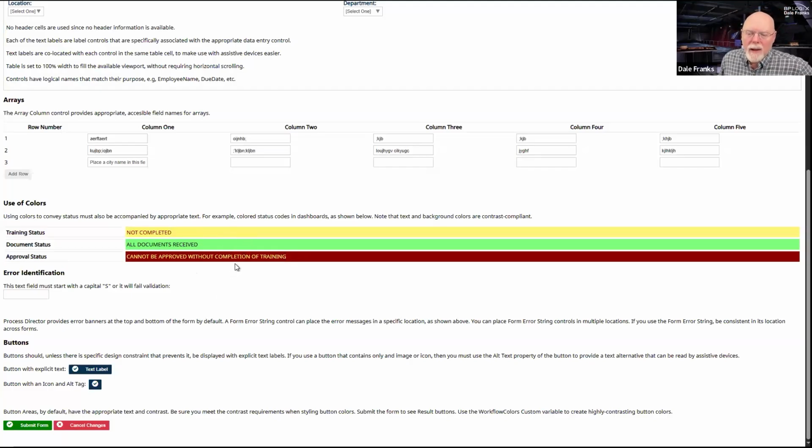Like I said, you can use color as an accent. The primary information for accessibility has to be displayed in text, not color, not images, because the other thing that people love, or at least they used to love back when I was actually developing software, and I used to have a customer who'd ask the same thing for everything.